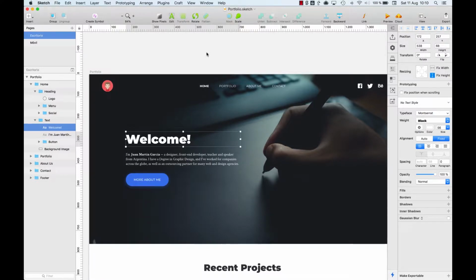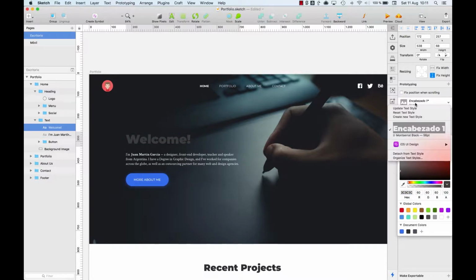How? Well, select any text object, like this title. Then go to New Text Style in the inspector and select Create New Text Style and name it. Once saved, we can apply this style to any other text object of our interface. Again, if we edit any property and press Update Text Style, the changes will be made in all the text